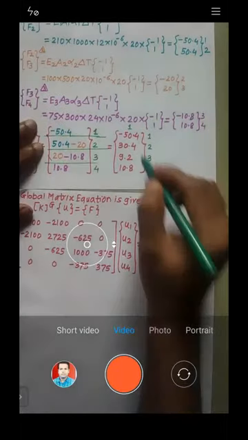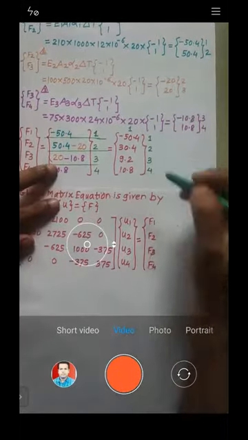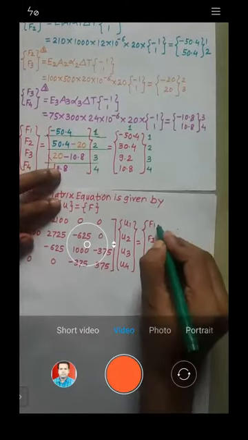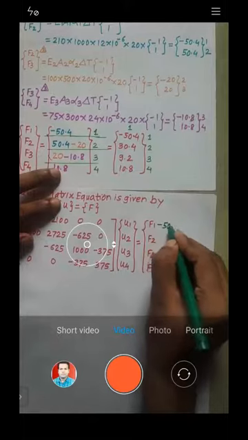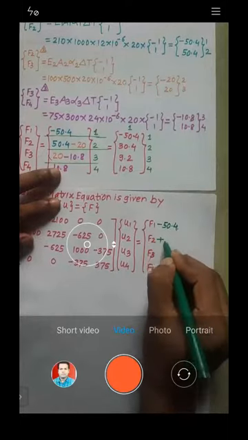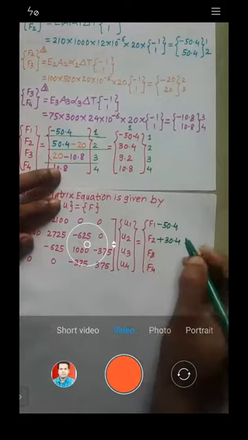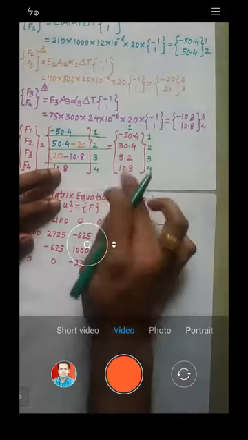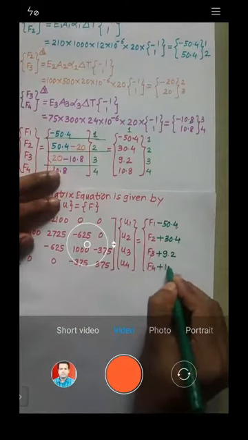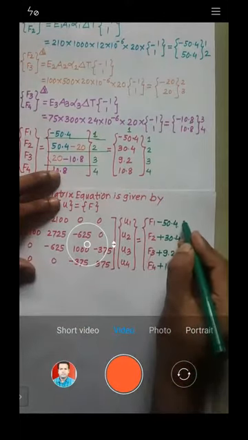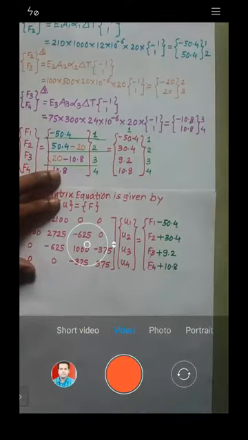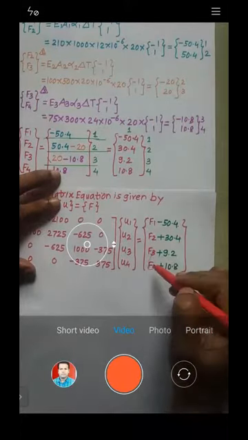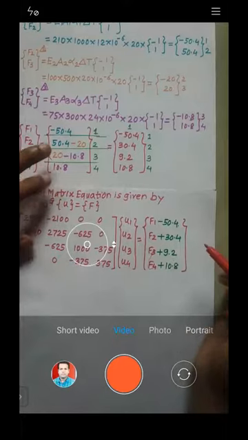I will write down this force. See here again, 1, 2, 3, 4. So this is minus 50.4, plus 30.4, then 9.2, and this is 10.8, and this is 10.8. I just combined them. These are the point loads. These are the thermal loads. That is what you get from this equation.